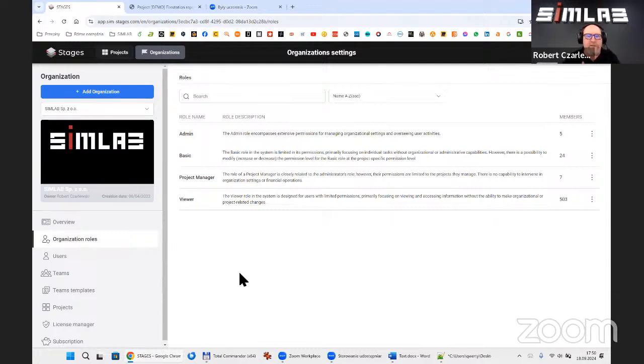But the basic user is a very interesting role because we can change the level of the permissions for the basic user per every project. So for example, in one project, the basic user cannot change the synchronization, but in some other project, he will be able to.